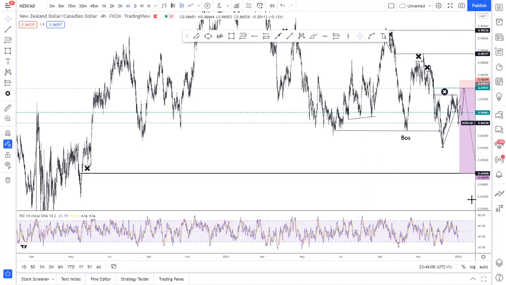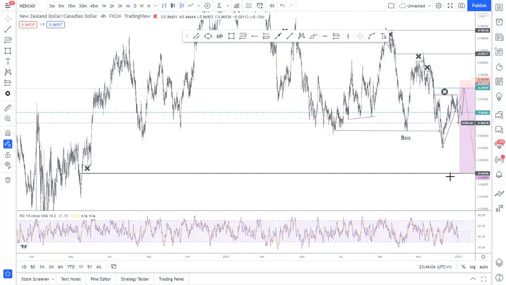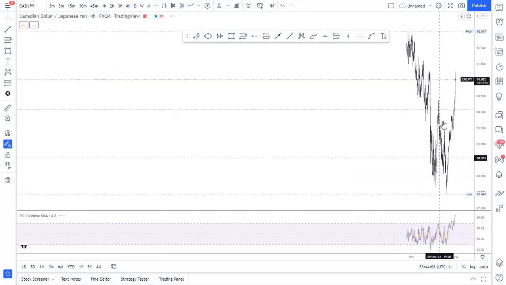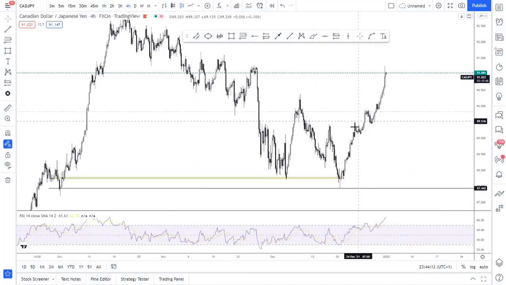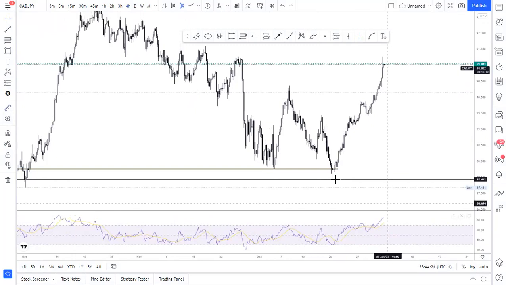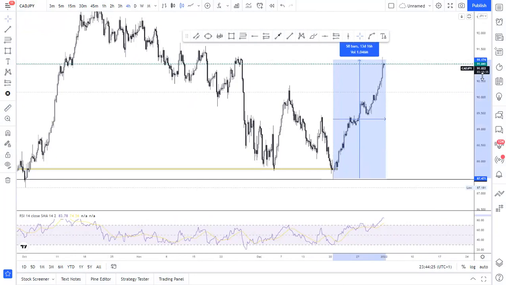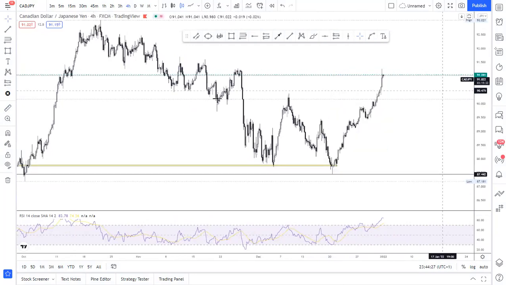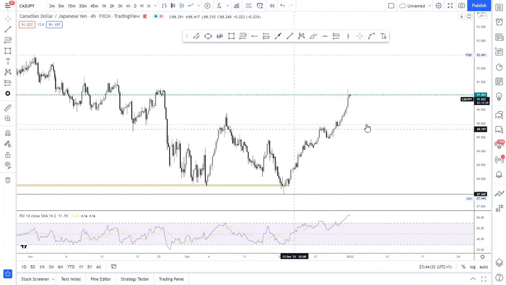The next I'll be looking out for is CAD/JPY. I'm just randomly picking pairs. Yeah. So look at how price hit this, and look at this beauty. Look at what price did right here. There's around 370 pips. There was no opportunity to take this,